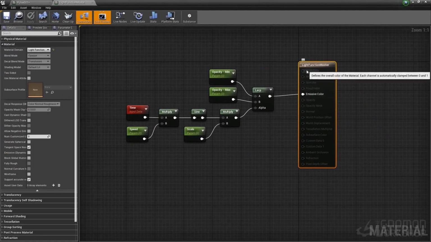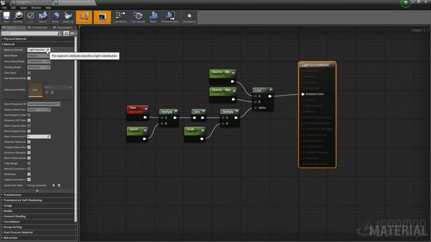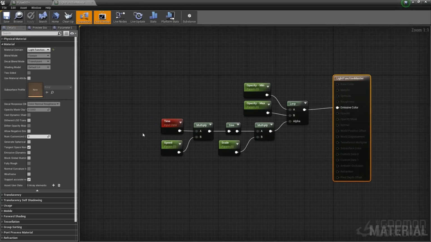You have your root node here. What you do is you change your material domain to light function. And then that's it. Everything that you plug into your emissive color value will control how the light is masked, right? So as you can see here, I've got a lerp